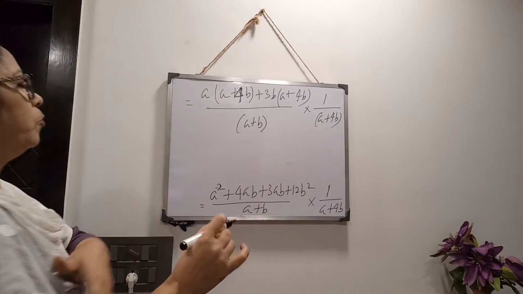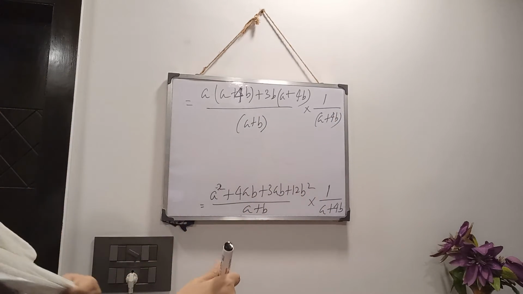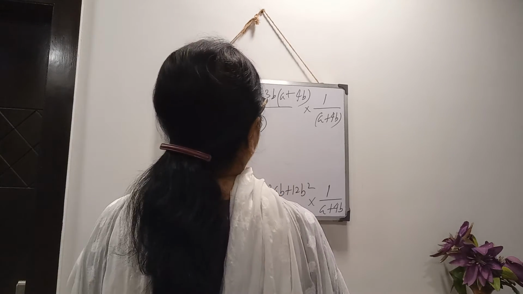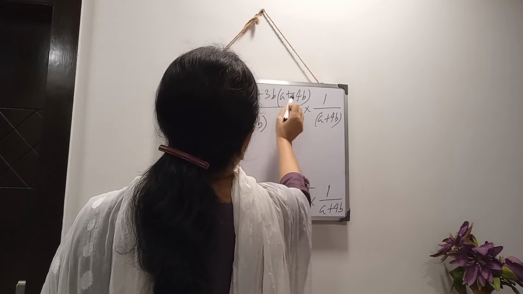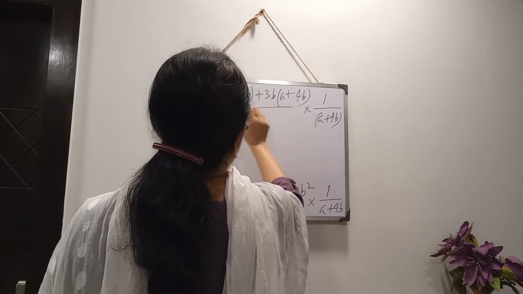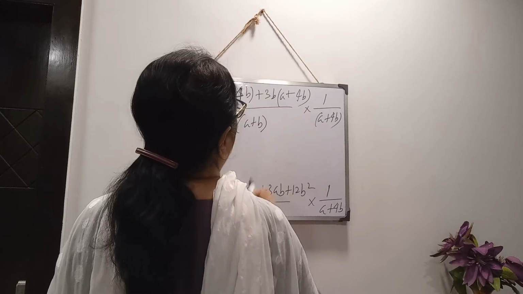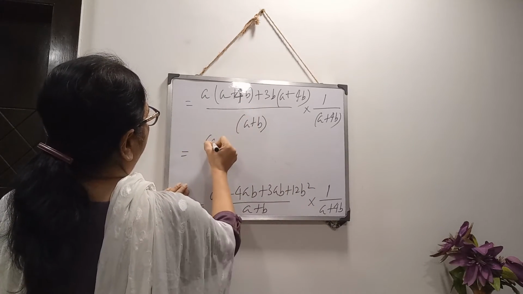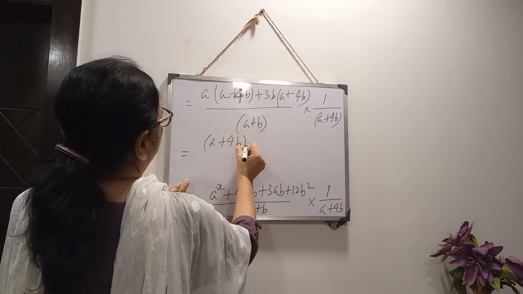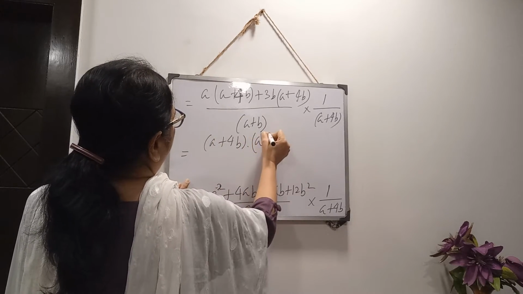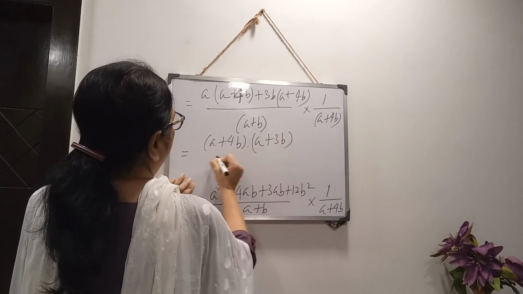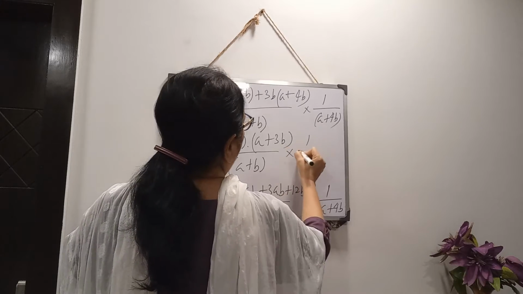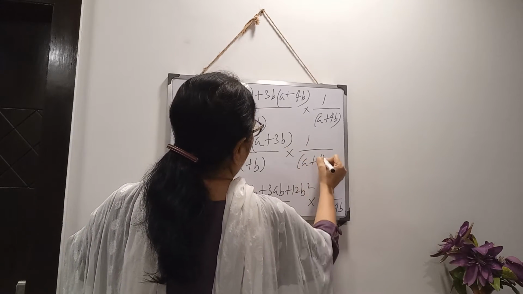And in the middle term, one point is there, you can check yourself whether your middle term factor is correct or not. This one and this one will come the same. If it comes different, then you check your sum. Okay? It will come the same always. Now a plus 4b, take common, then here a is left and there is 3b left, and denominator a plus b into 1 by a plus 4b.